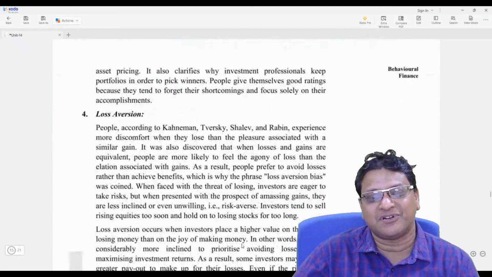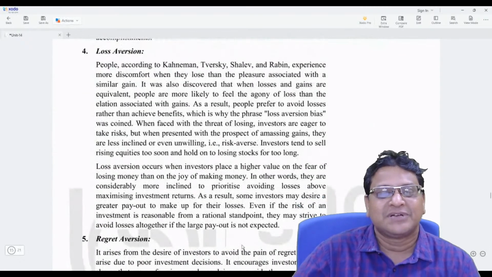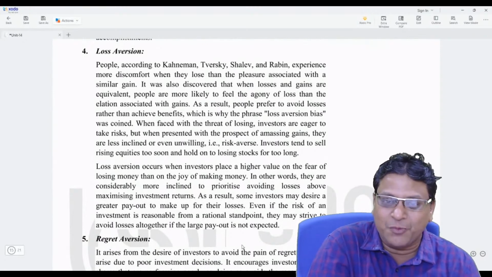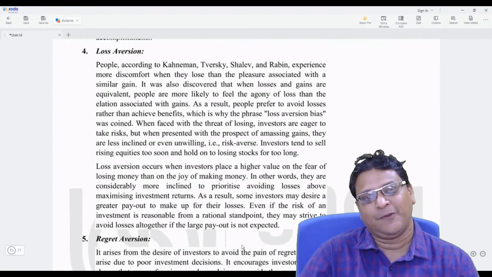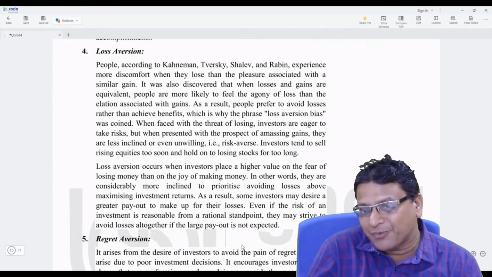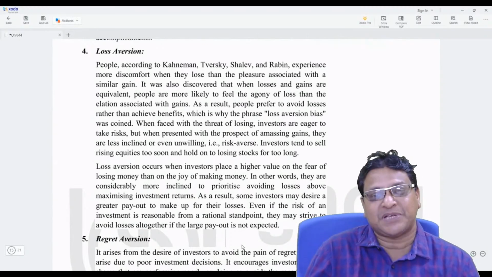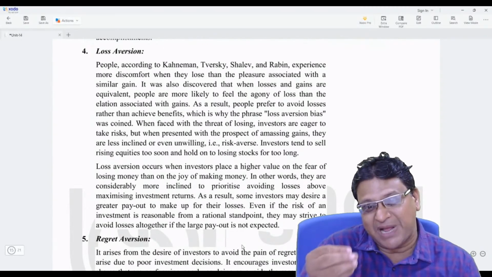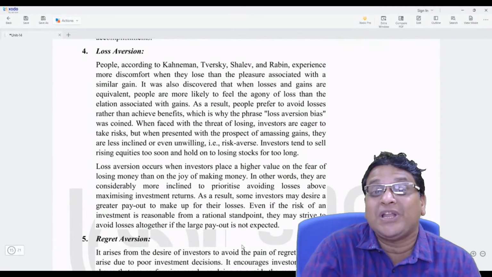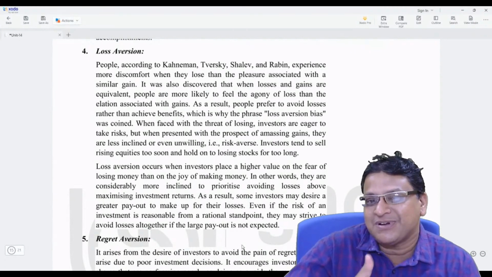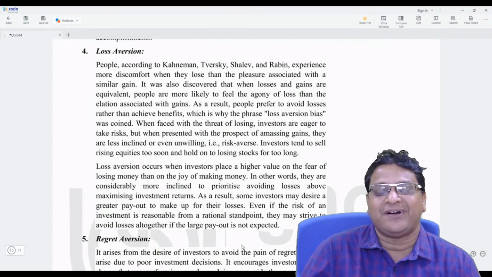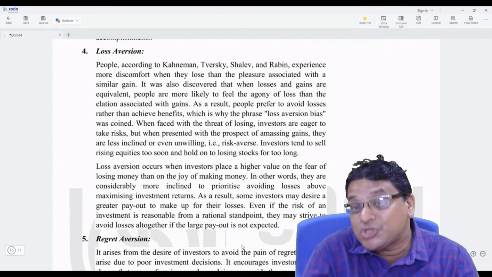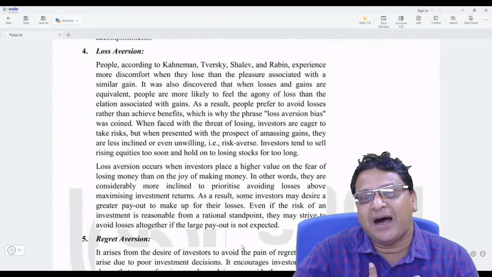Next, loss aversion. What does loss aversion tell? Loss aversion tells that if a person gains 100 rupees, he will get some satisfaction. And if the person loses 100 rupees, he will lose some satisfaction. But the agony a person feels by losing 100 is not equal to the pleasure a person gets by gaining 100. Generally, it is seen that when people lose money, they are